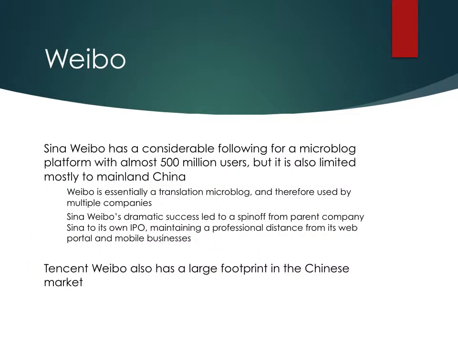An example of a popular microblog would be Weibo from China. While it's mainly limited to mainland China, it has 500 million users. And it began as a language translation microblog, allowing people to communicate who weren't speaking the same language. It became a very useful tool for companies and corporations within China, and that's what led to its explosive growth. Alibaba also owns a stake in it, and also this evidences how